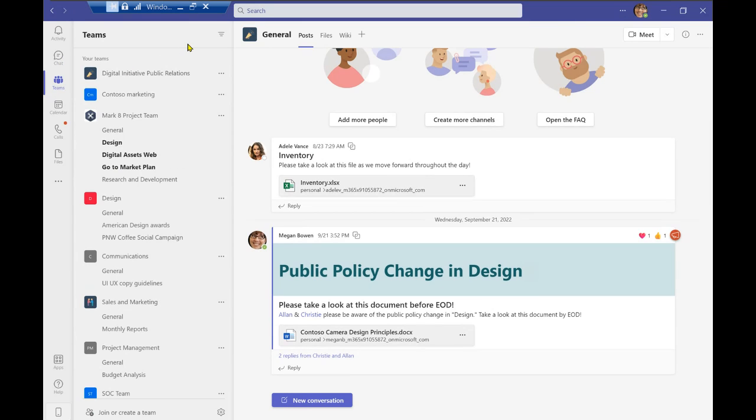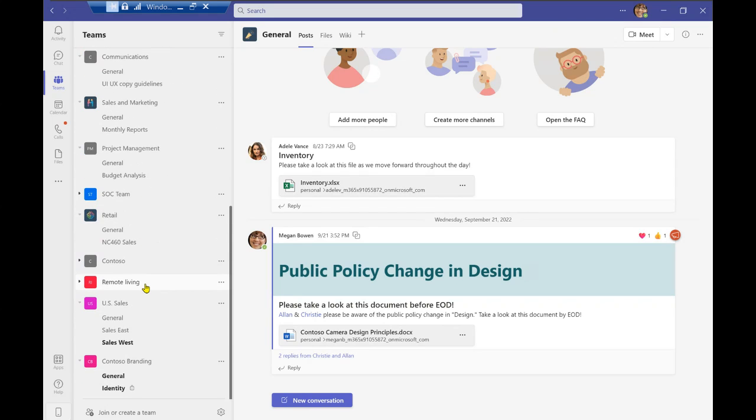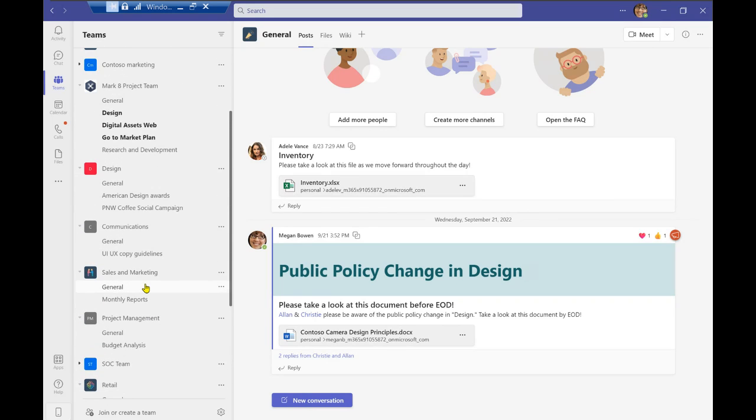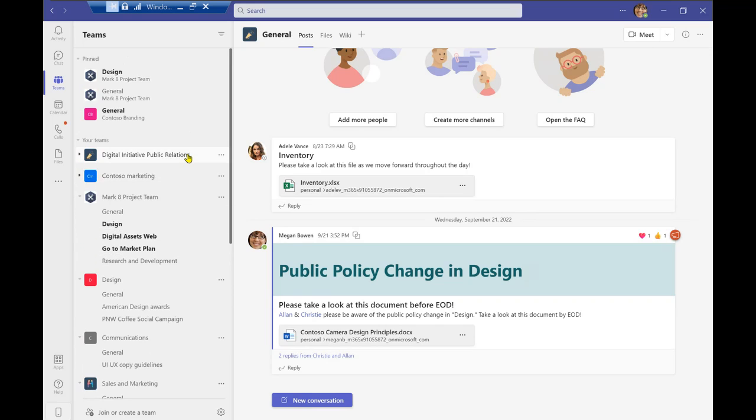And you'll see that you'll be brought to a page of teams and channels that you are a part of. So in this case for Megan, you can see that she is part of a plethora of teams and channels. And you may be wondering what the difference is between teams and channels, specifically in their conversations, as opposed to chat conversations. So teams and channels are essentially a space for you to have any work projects or ideas collectively